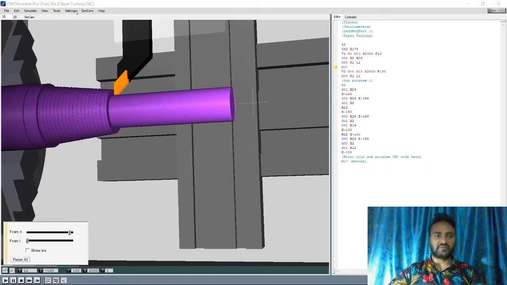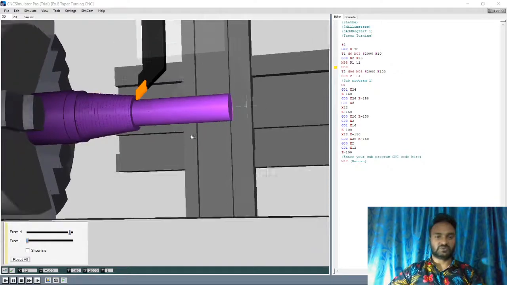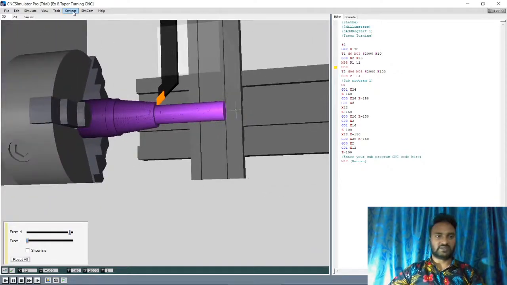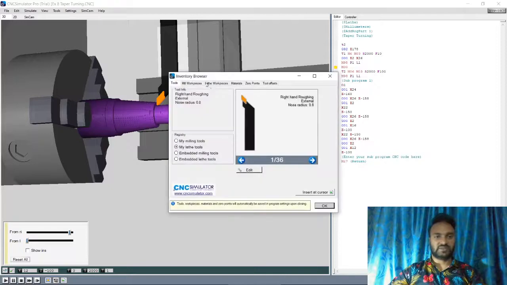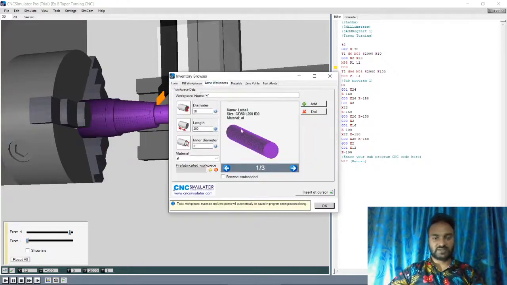For example 8, part 1, I will go to settings, check inventory browser, lathe workpiece, lathe 1. The outer diameter is 50 and length is 200; inner diameter I am not using.